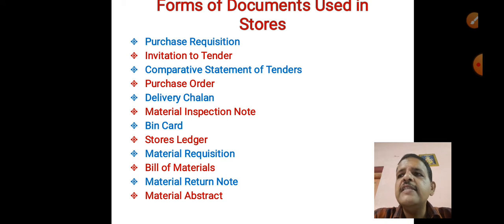Then let us go towards the next, bill of materials. A bill of materials gives a specification of materials required by a job, process or service. It helps to calculate the cost of material of a job. It is a tool of material control. It appears like this: bill of material, order number, job number, bill of material number, date of issue.